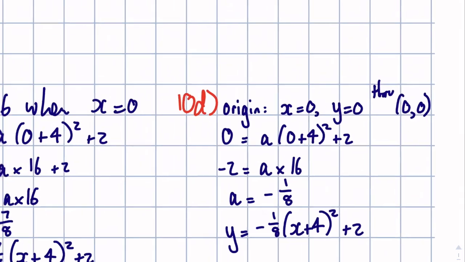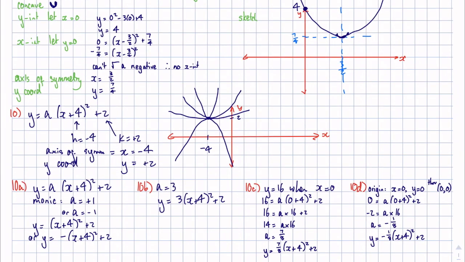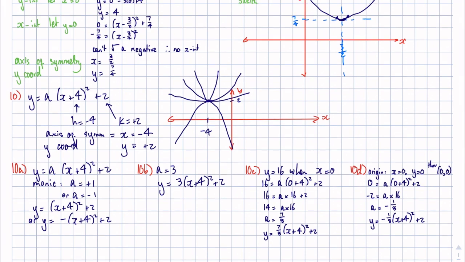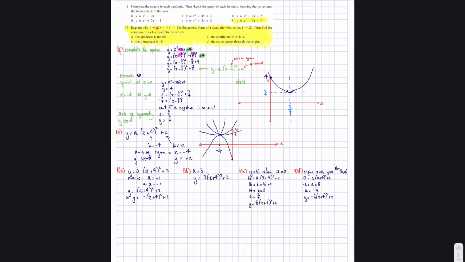So the value in front, in a(x minus h) all squared plus k, the value out the front of the brackets tells you a lot about the shape of it, but the 4 and the 2 always means it turns around at that point. Alright,